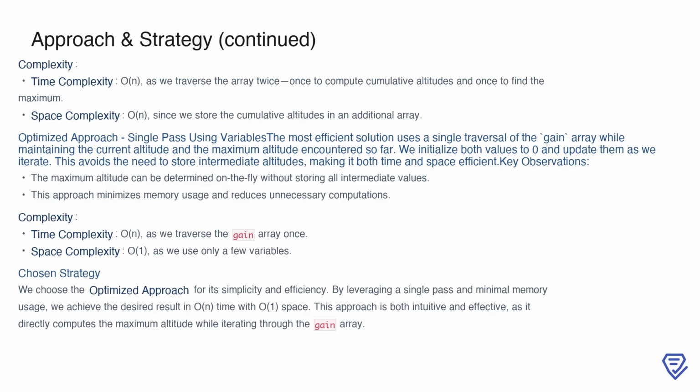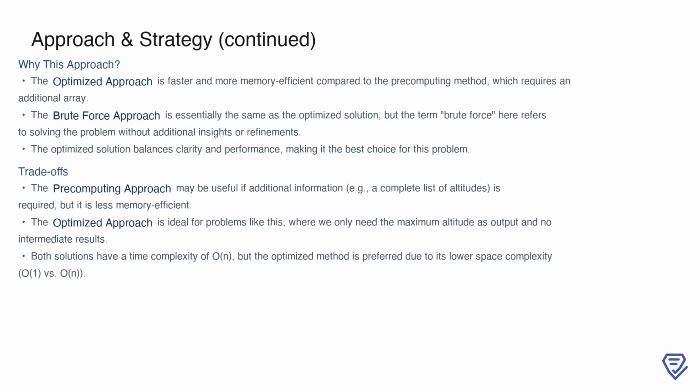The key insight is that we don't need to store all intermediate altitudes to determine the maximum. We can calculate and compare values in real time during the traversal. The optimized approach stands out as the best strategy for this problem due to its simplicity and efficiency. Compared to the pre-computing method, it is faster and more memory efficient, as it avoids the need for an additional